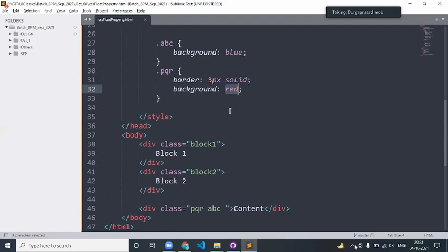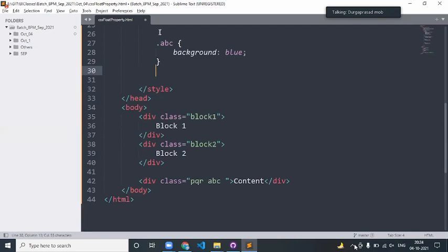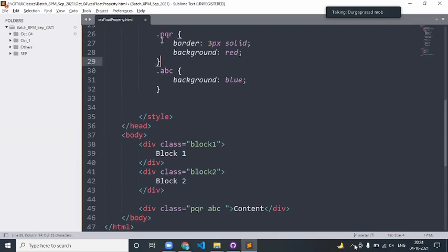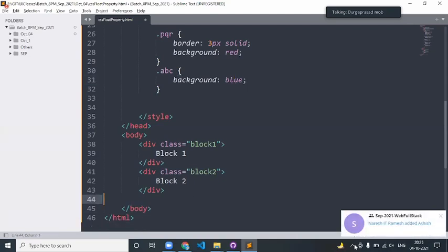Obviously, because both are classes having the same priority order, which one am I going to apply? I always go with the red. The reason is it was defined most recently. Earlier, ABC was there, followed by PQR, so this is the one which will take the priority in order. Now, if I take out these and put it over here, the order is, first I got red color, later I got blue color. So blue is going to replace the red. The one which is defined most recently will always take the priority. Okay, that's a good question anyway.